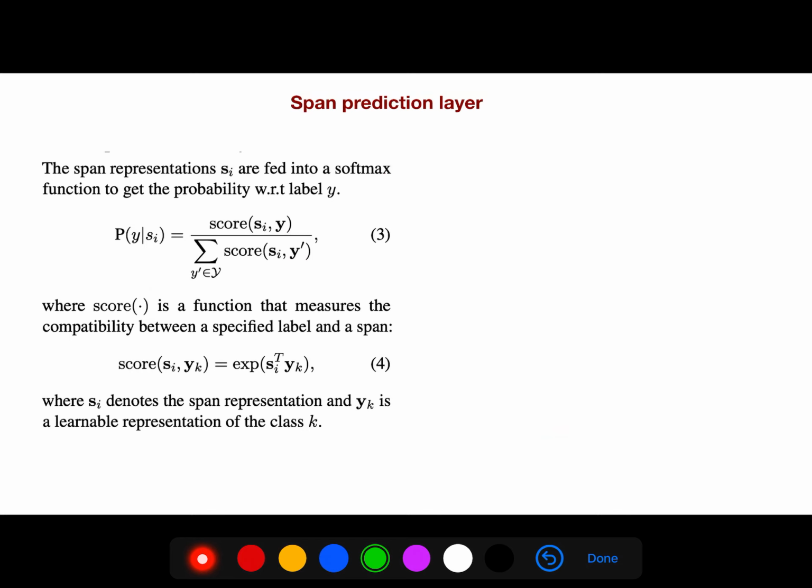Now that you have the span representation, why not take a dot product and then the exponential of that to get the score? So for any span, we have the label, and y_k is the learnable representation of class k.